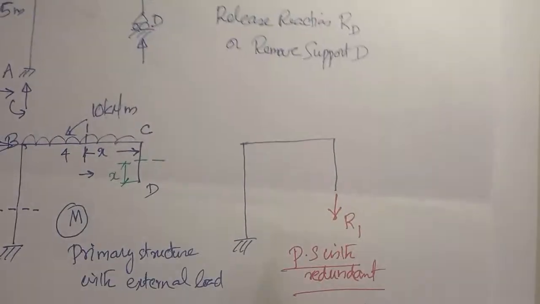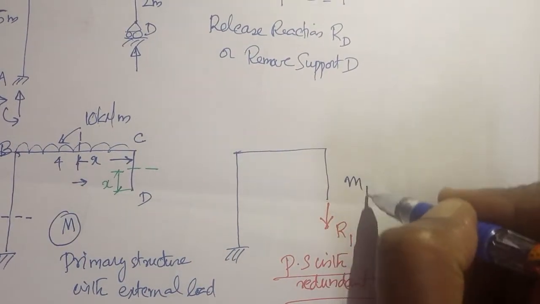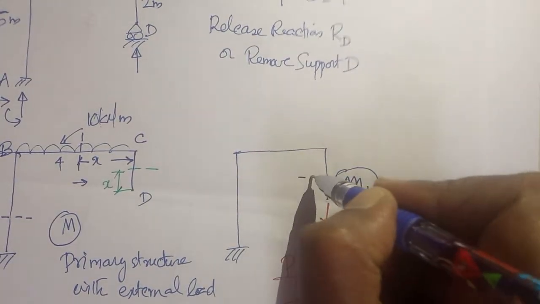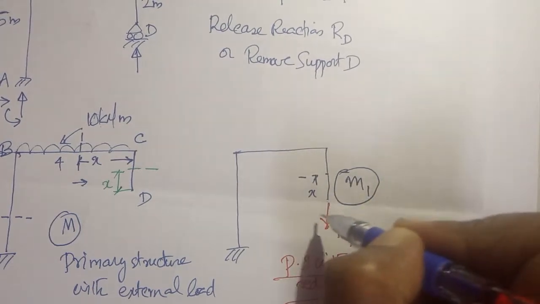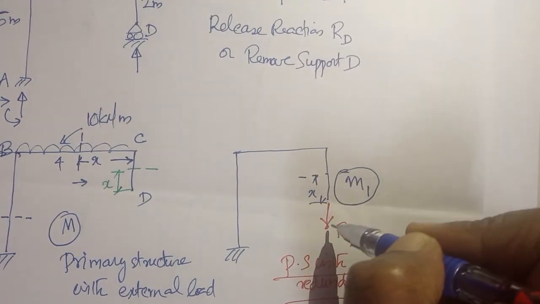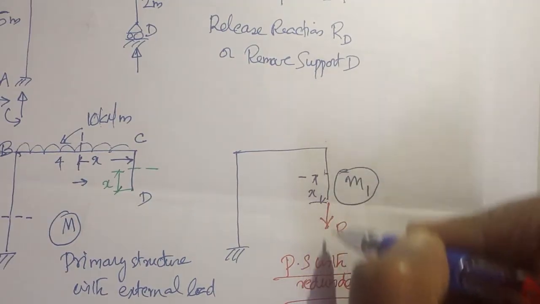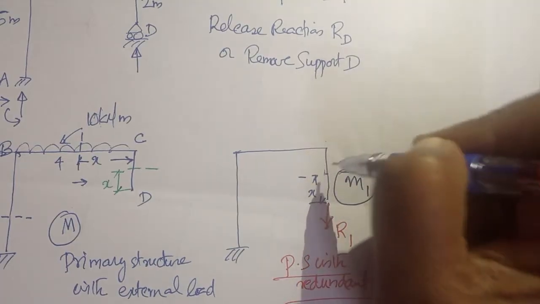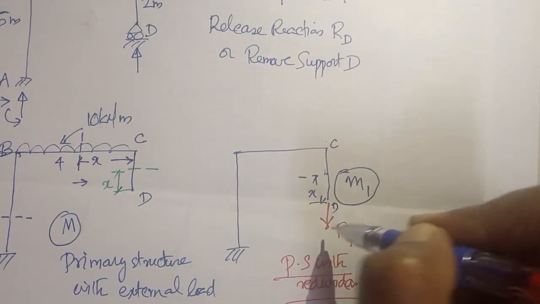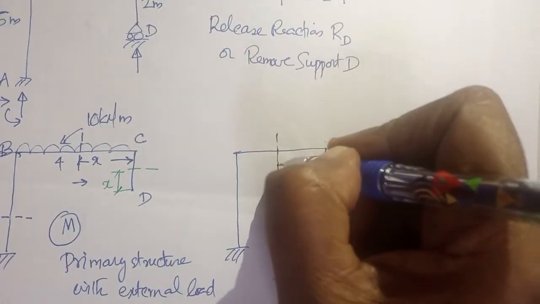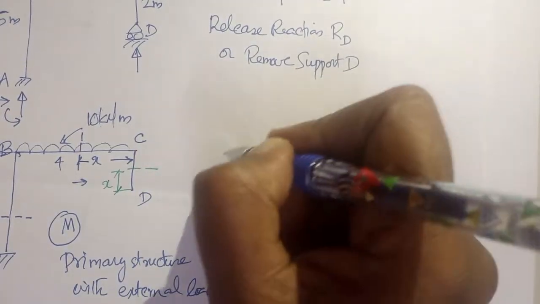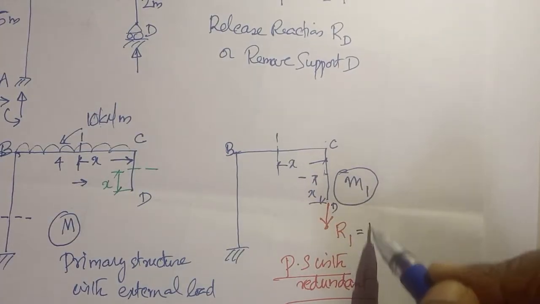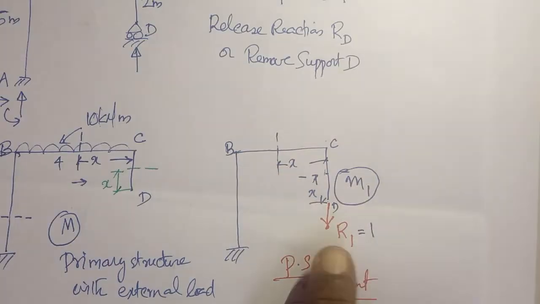Now coming to this M1 values, bending moment due to unit load. Consider a section at a distance x from D. Due to this load R1, it is acting along this line. So load into perpendicular distance gives moment. There will not be any moment anywhere in this portion CD. Consider a section here at a distance x. In this portion CB, at this section, due to this R1 equals 1, the moment will be 1 into x,